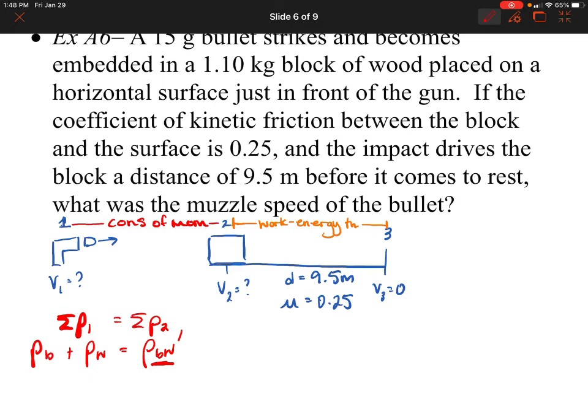Then there's the momentum of the bullet and the piece of wood together. Again, we're talking right at the point where the bullet stops and it just starts moving, but friction hasn't had the chance to act yet. I need that velocity there, because then I can use my conservation of momentum. So I'm going to use the work energy theorem to figure that out, because I know it has a bunch of kinetic energy at position 2, and that's all being transferred into work done by friction by position 3. So that's, I think, what we're going to do here.